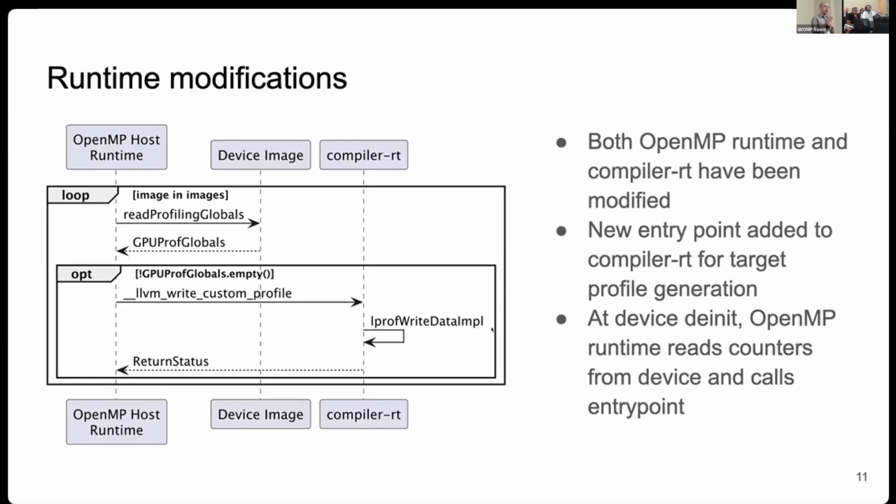As far as the OpenMP runtime goes, we had to modify that as well. In device deinitialization, we iterate through the globals on the device ELF file. And we look for things that start with proxy, things that are generated by this instrumentation pass that we want to include in our device profile. So we look through those and we query the device plugin to get those values from the GPU before it deinitializes. And then we call this aforementioned entry point function with our data and our target, and that writes the